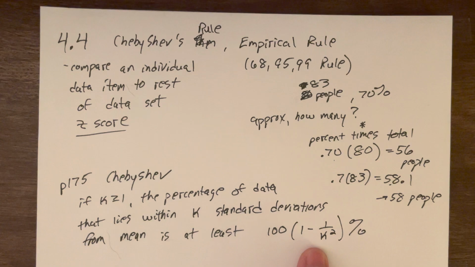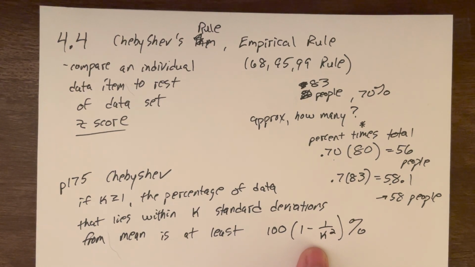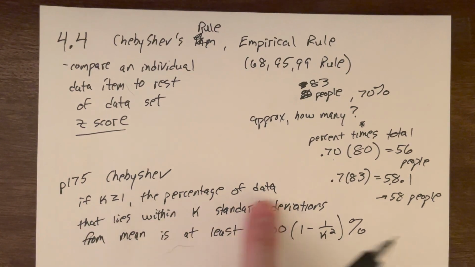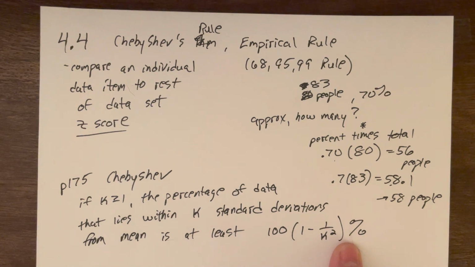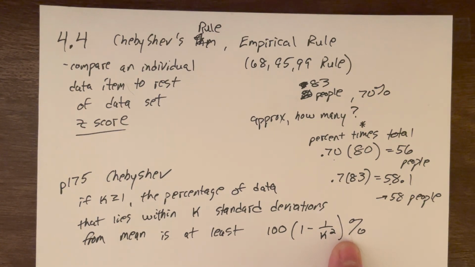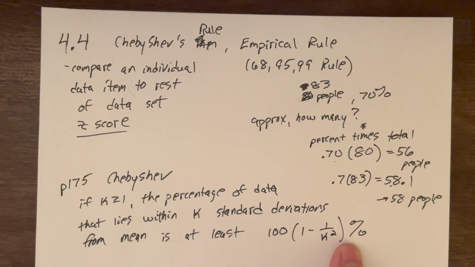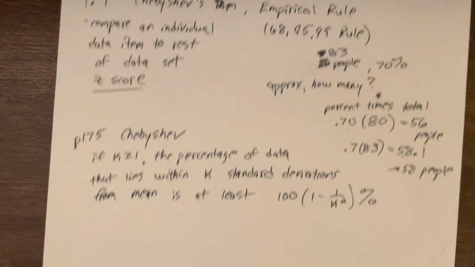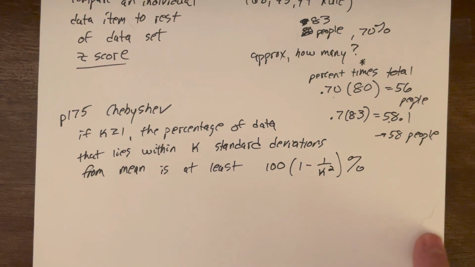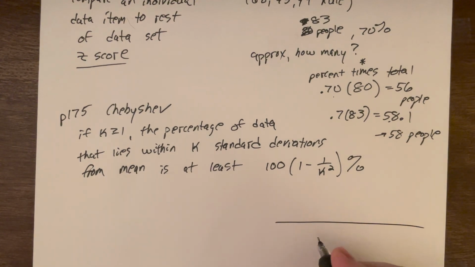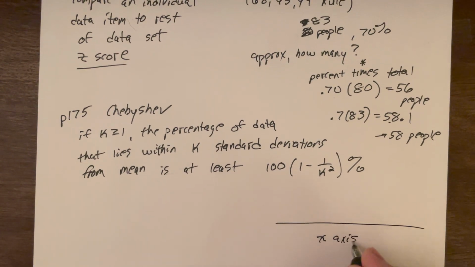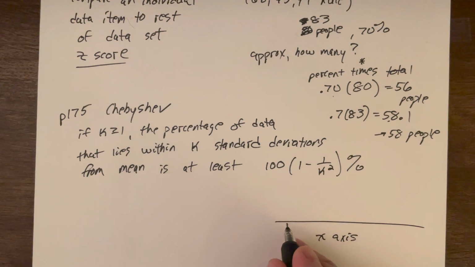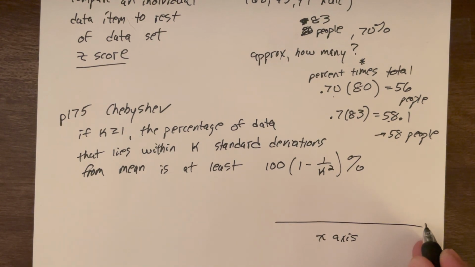I'm focusing on this little formula that we get at the end, but what is this really saying here? We're saying that if we take all of our data and put it in order, so I'm just stacking all these little points, indicating my data in order. So here's an x-axis. I don't even care what the numbers are, but smaller numbers are on the left, bigger numbers are on the right.